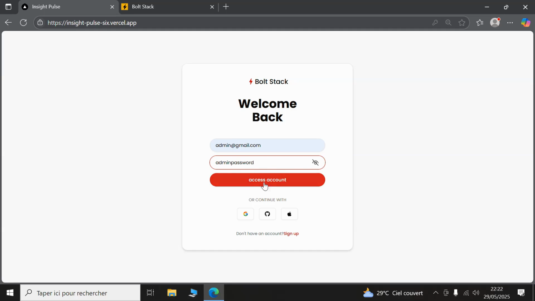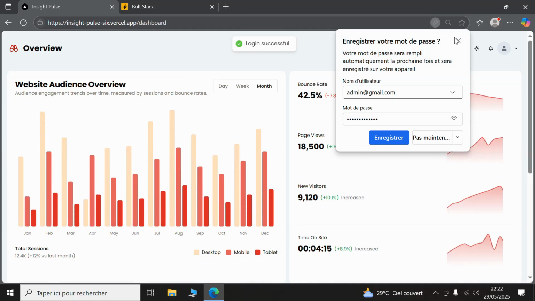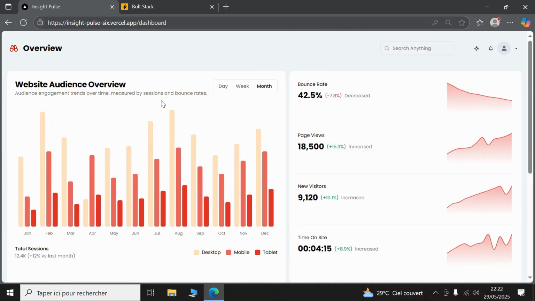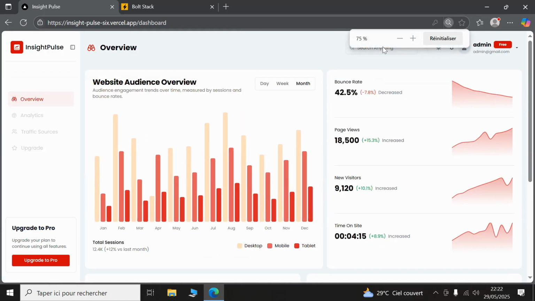And I'm going to click on access account. And as you can see, we're having this beautiful notification. And this is the actual application that I recently built. So just to be able to see the sidebar, I zoomed out. And as you can see, we have the sidebar, so you can move through the pages that we want. And also we have the dark mode